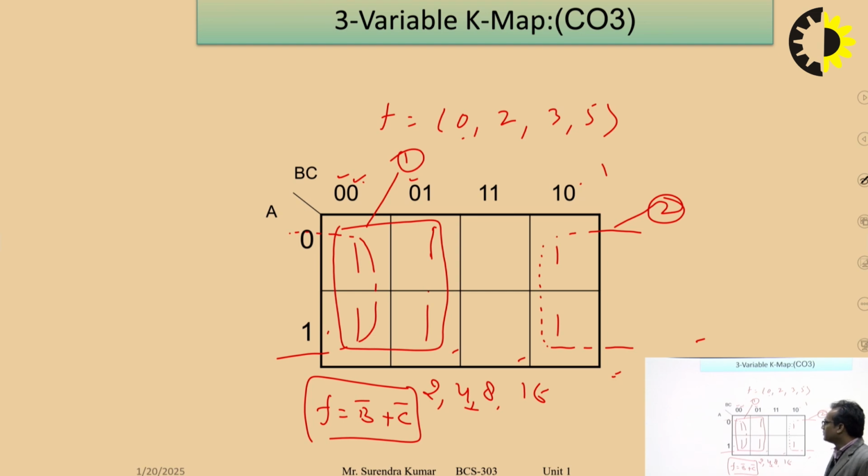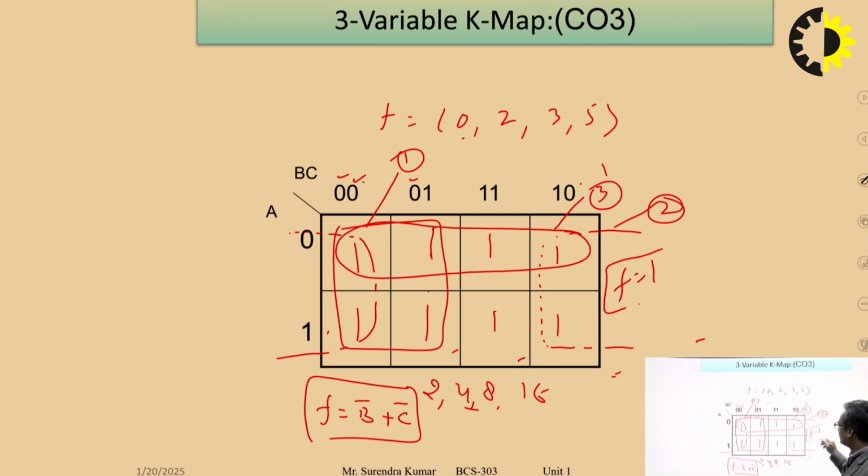Now, if we have this one also, we can use it as a third group. This is the third one, a quad, right? Or if we have all ones, then the value of this function will be 1. I hope the 3 variable K-map is clear to all. Next,